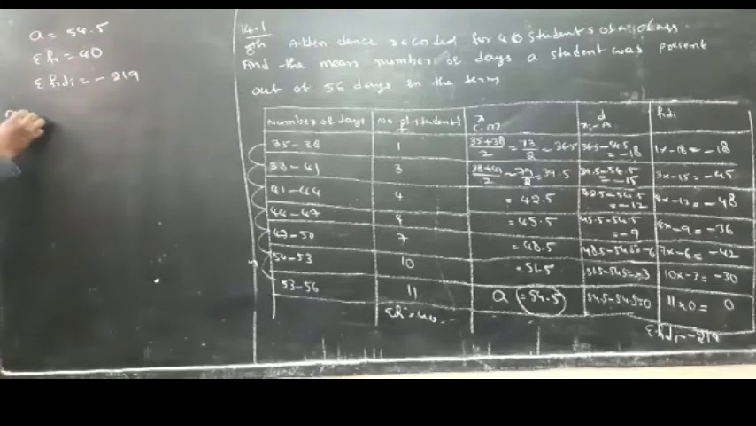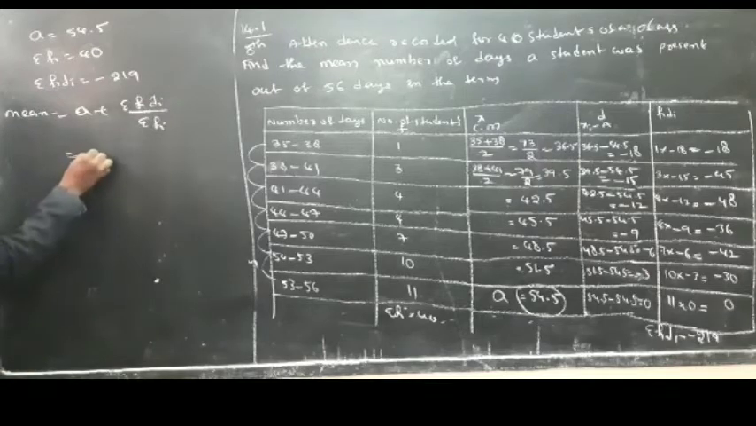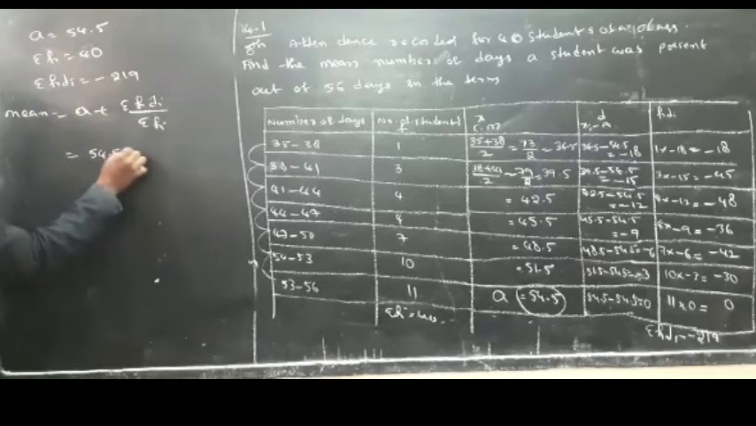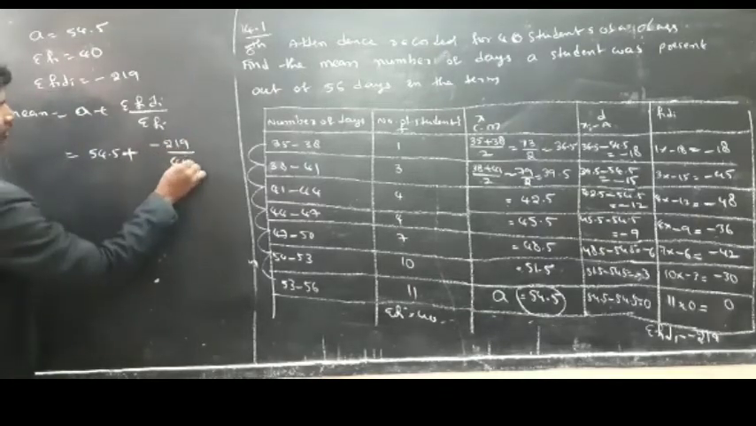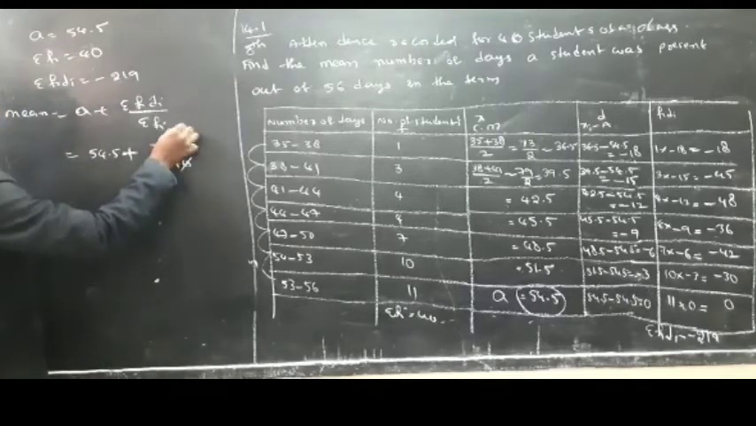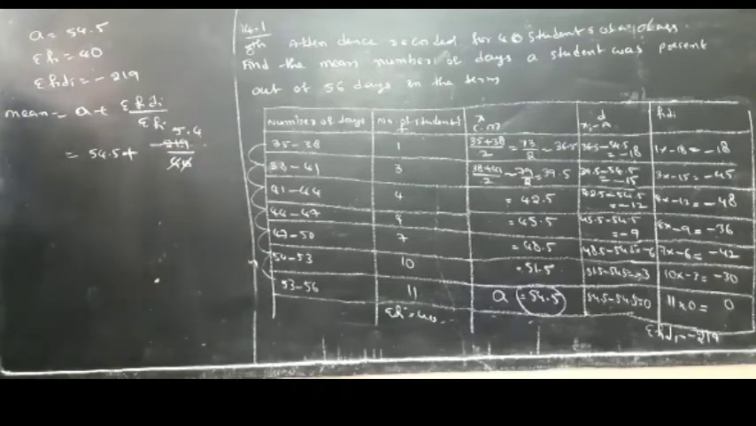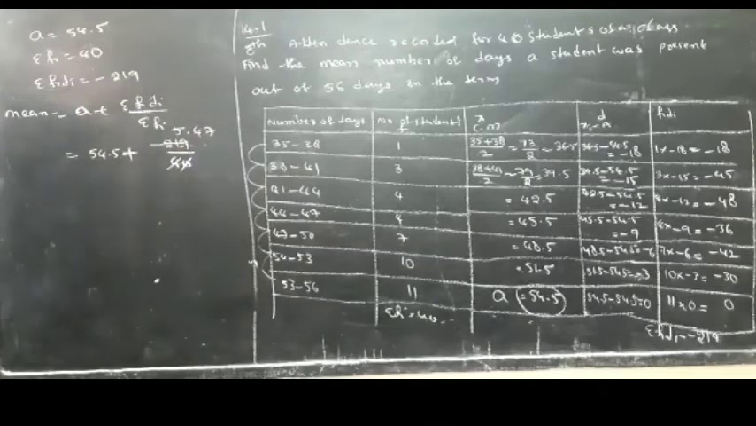What is the formula to find mean? Mean is equal to A plus sigma fi di by sigma fi. A means 54.5 plus sigma fi di, minus 219 by 40. So cut the 0 and take one decimal. Next, 4 5s are 20, 1 remaining. 4 4s are 16, 3 remaining. 4 7s are